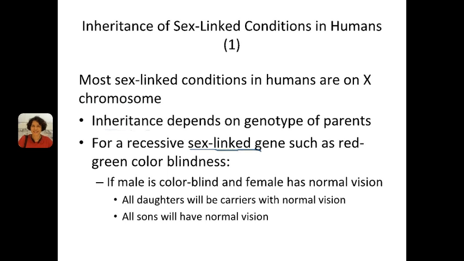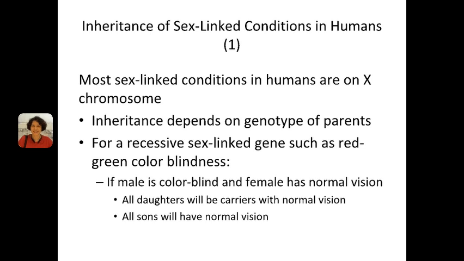If you have a cross between a human male that is colorblind and a female that has normal vision, then all the daughters of that mating are going to be carriers themselves, but with normal vision. That means that they can pass on the condition to their children, but they will not be affected by color blindness themselves, because they will have 1 X chromosome with the mutation, but they have another X chromosome that doesn't have the mutation. And since the mutation is recessive,